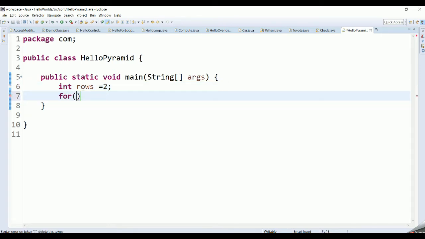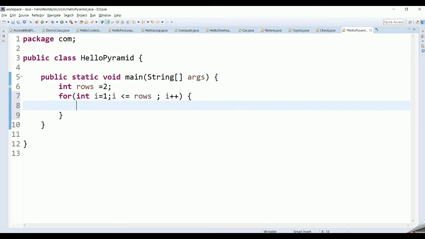First I'm going to use a for loop. If you don't know what a for loop or looping in Java is, you can go and check out our channel. We have made an extensive video on what looping is and the usage of the for loop. Here we are straight away using the for loop. I equals 1, I'm initializing this variable, and the condition I'm using is I less than or equal to rows, and I plus plus. This is for printing the number of rows. We have taken 2 rows, so this iteration will happen 2 times.